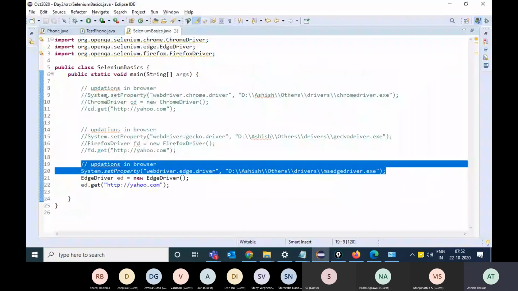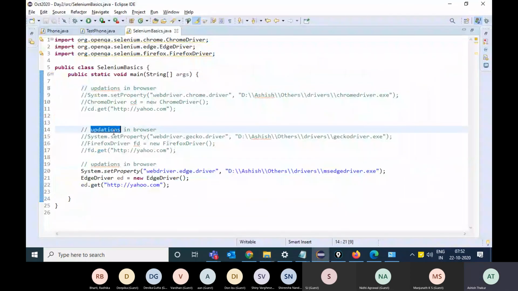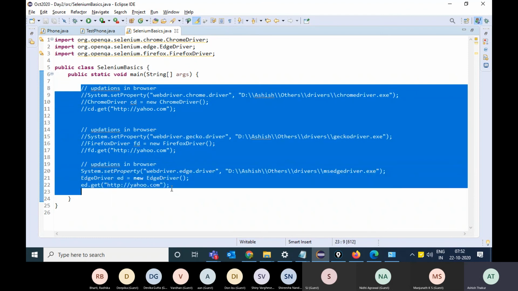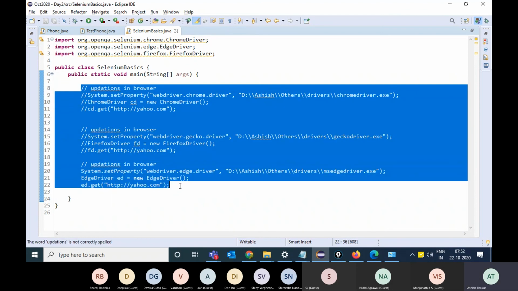Now, these are the different drivers we majorly work with, and we need to create the objects of these driver classes in order to work with them. But what if we have to write a script which works on all the browsers? How do we write that script? For that, I'll not start it today. I'll start it tomorrow, interfaces and all that stuff.